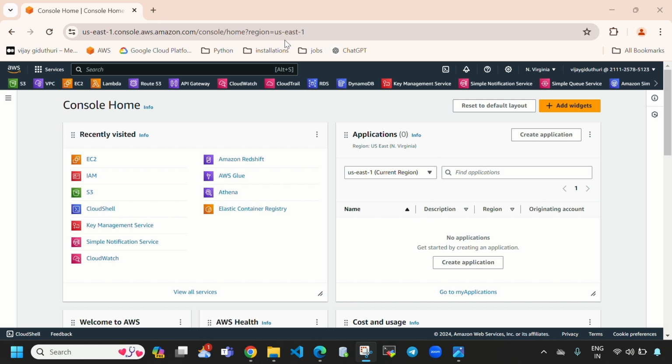With Amazon VPC, you can get control over your virtual networks, including the ability to create virtual private networks (VPNs) to connect to your on-premises infrastructure. And you can configure subnets, route tables, and network gateways. And you can launch resources like EC2 instances, RDS databases, and Elastic Beanstalk applications. And we can use security groups and network access controls to control access to your resources. And at last, Amazon VPC is a powerful tool that helps you to build and scale secure, highly available applications in the AWS cloud.